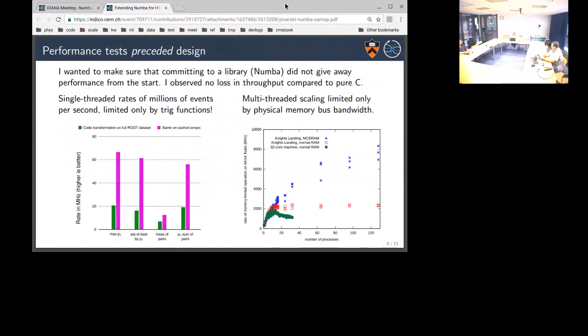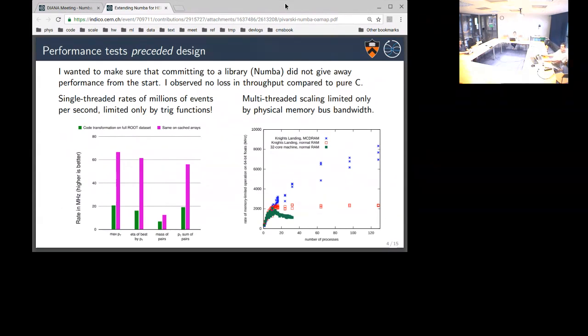Early in the stages of this project, I did a lot of performance tests before actually designing the library. I wanted to make sure that when I gradually decided to commit to a library for the compilation part, when I found Numba, committing to this library and requiring it wouldn't give away performance from the start.